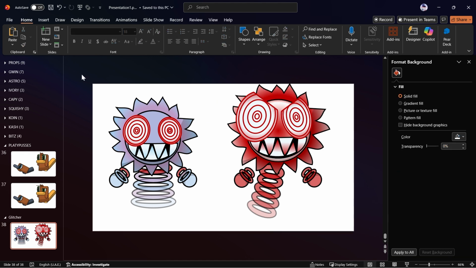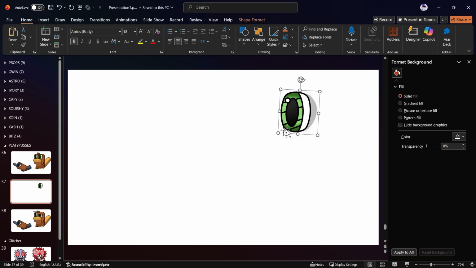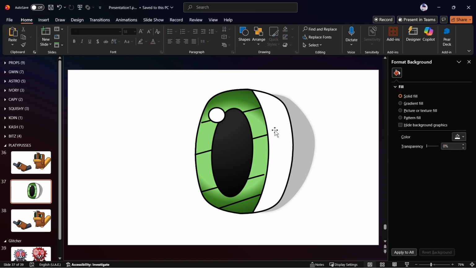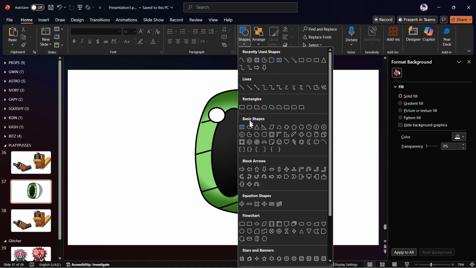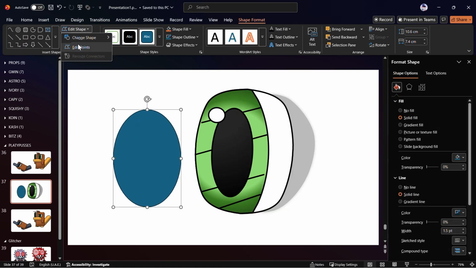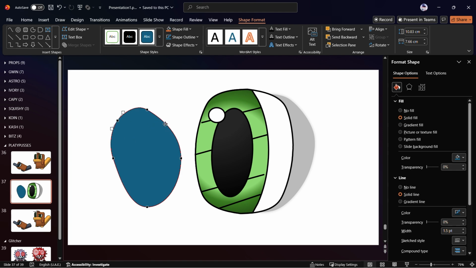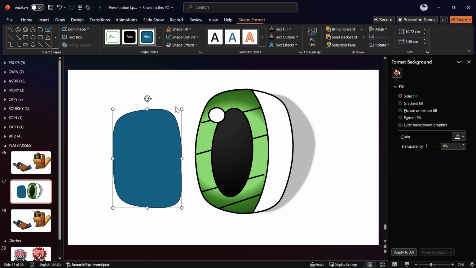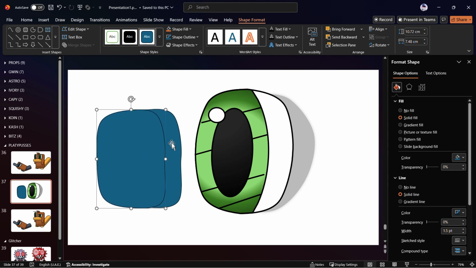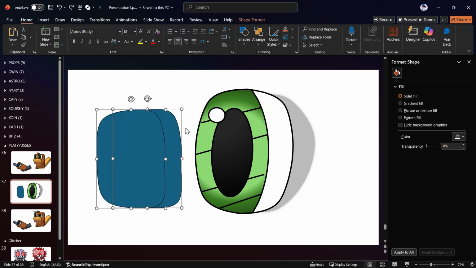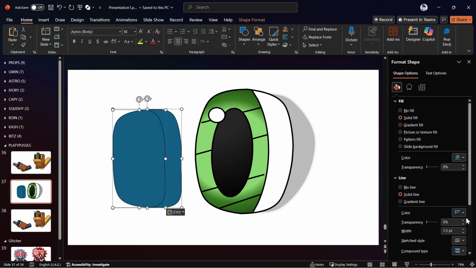And as promised, I'm going to show you how I do my eyes. So, if we just zoom on this eye here, it's pretty simple shapes. So I'm going to quickly break it down how I do it. So first, I'd import this circle here, make it a similar shape, and square it off a little bit, so it looks perfect. I then duplicate it and intersect it with the other one,